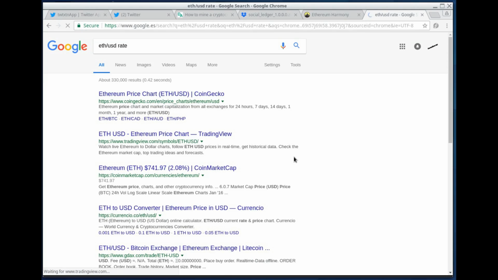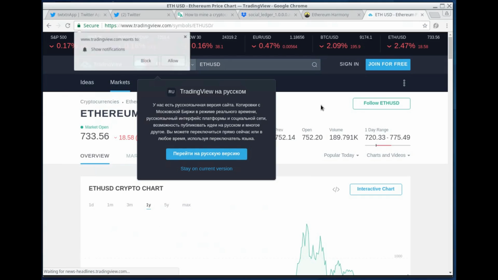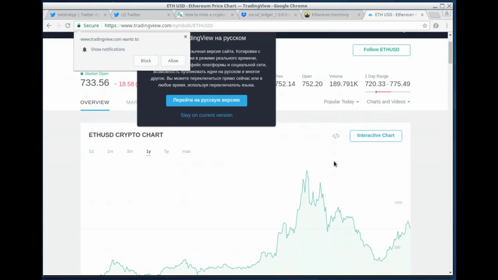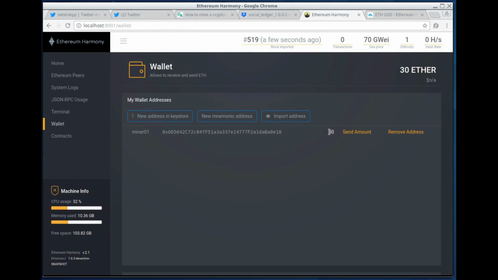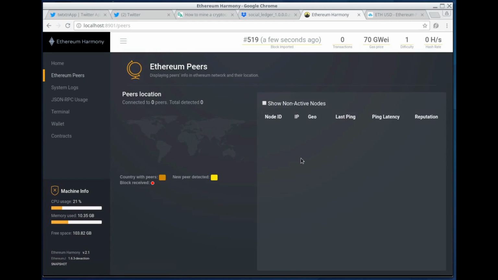So it's around, yeah, $720, right? So that would mean that we have a lot of money. But I don't know, maybe in the future one of these units can be $1, right? Maybe more, who knows? But the thing is, we demonstrated that you can get these units just using a regular computer, and you are contributing to